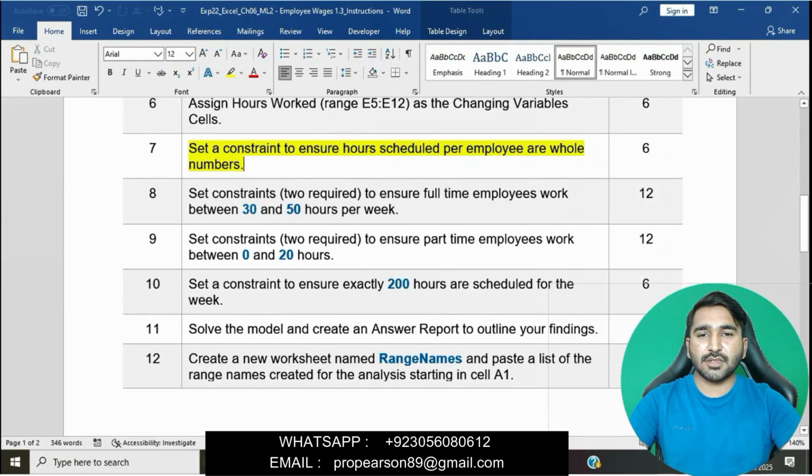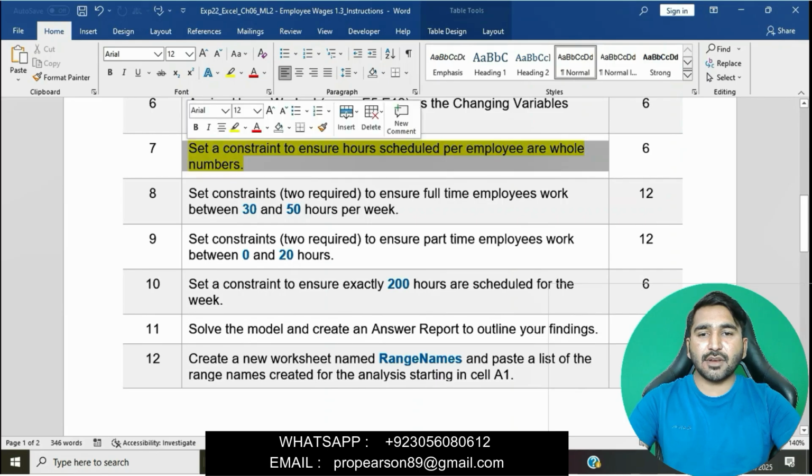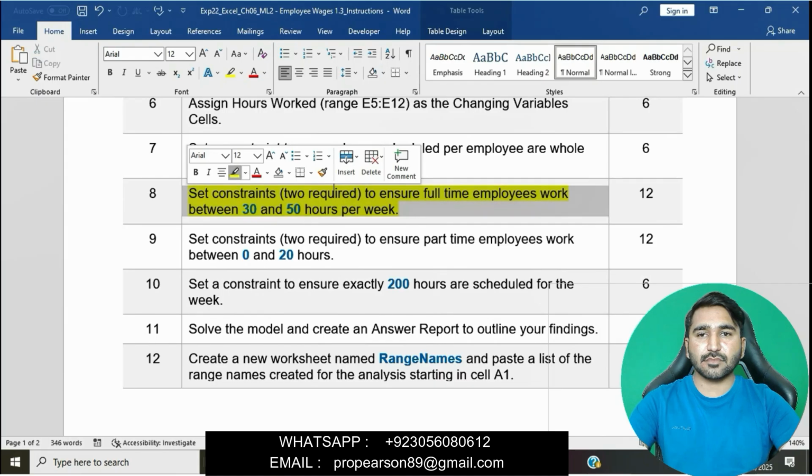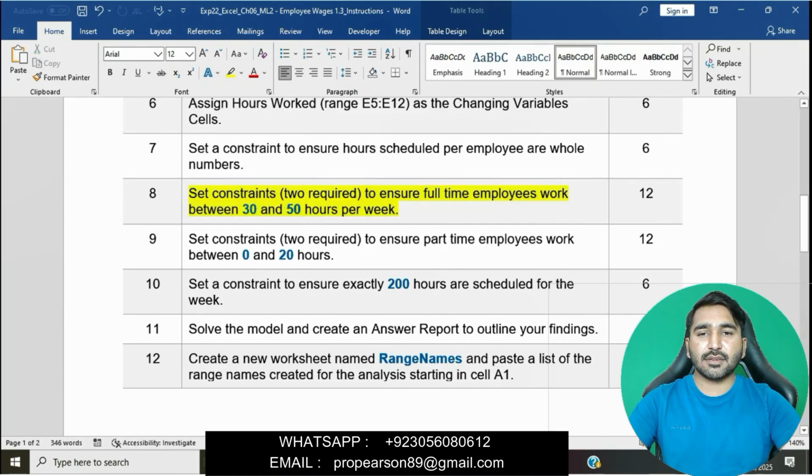Question number 8 is to set a constraint to ensure full-time employees work between 30 and 50 hours per week.